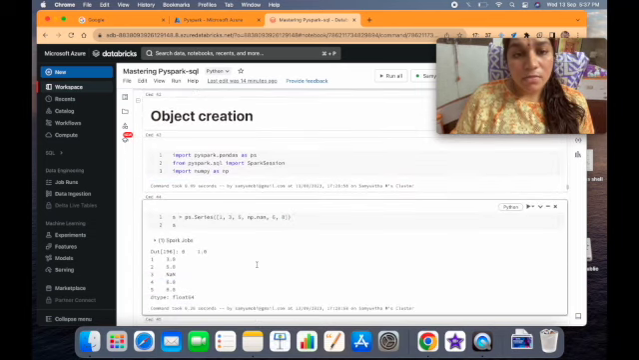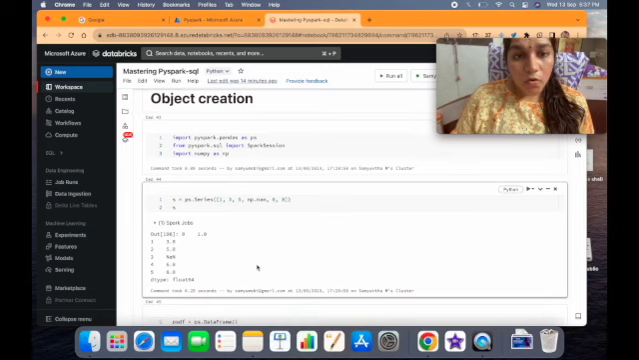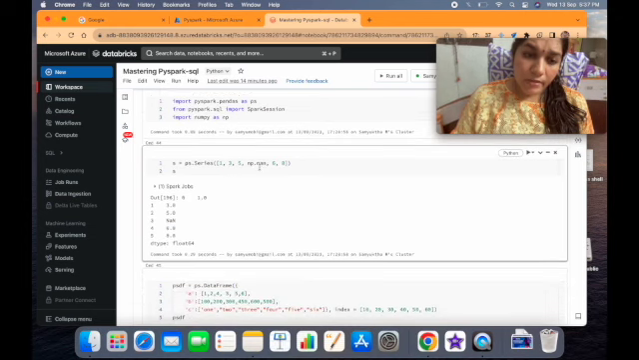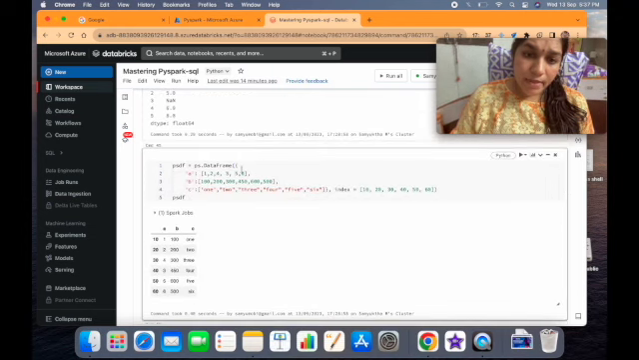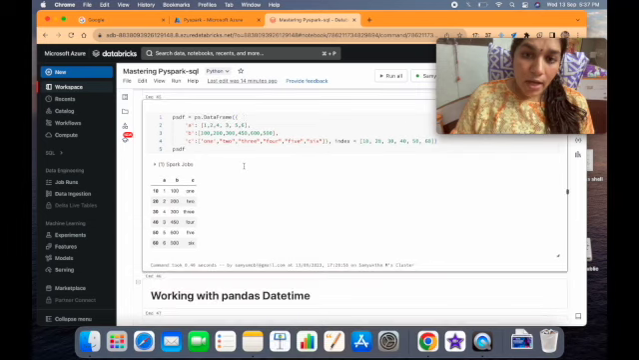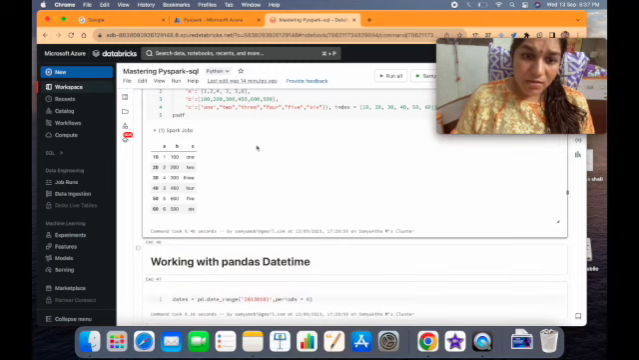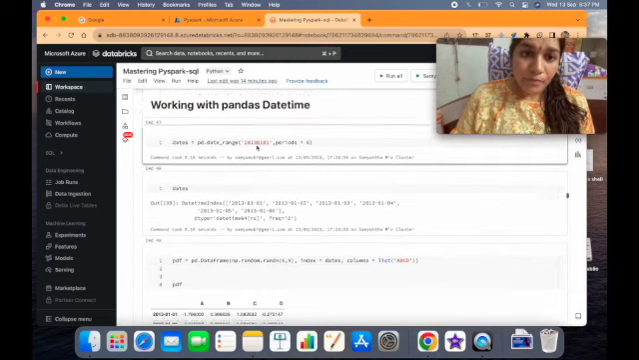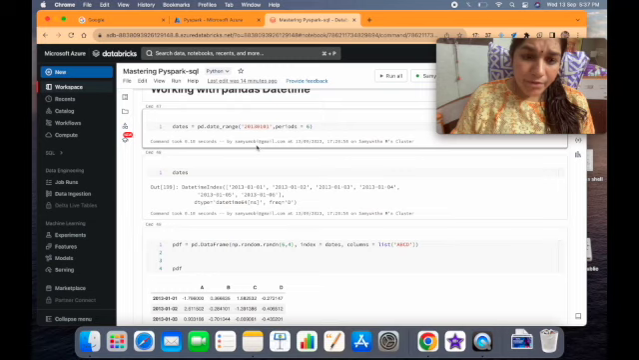And here I'm showing you object creation. So in object creation, I have created a series value with a null value as well, and here I'm utilizing a data dictionary. And here you can see there are different kinds of values, integers and strings. And I have created a PSDF, that is a Pyspark data frame, and I'm showing you how to work with